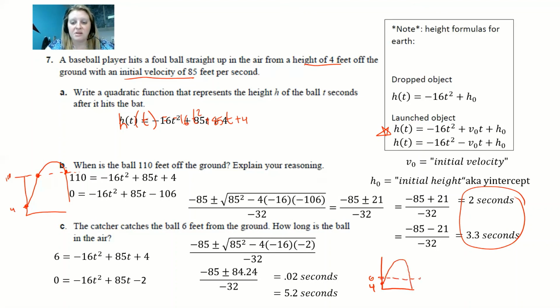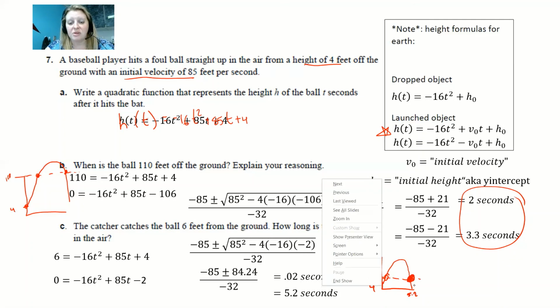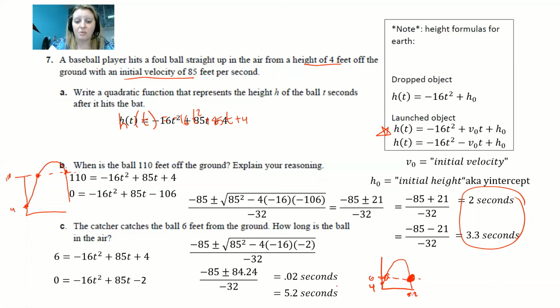All right. So if the question said, when is the ball 6 feet from the ground? Then you would take both answers because it's on the way up and the way down. But we're basically saying, well, the catcher caught the ball. Well, the catcher can't catch the ball twice. So would he have caught the ball right here or would he have caught the ball right here? And logic dictates he would have caught the ball after 5.2 seconds. So that ball would have been in the air from 0 to 5.2 seconds. So we want to keep the 5.2, but we're going to reject this answer again because the catcher can't catch